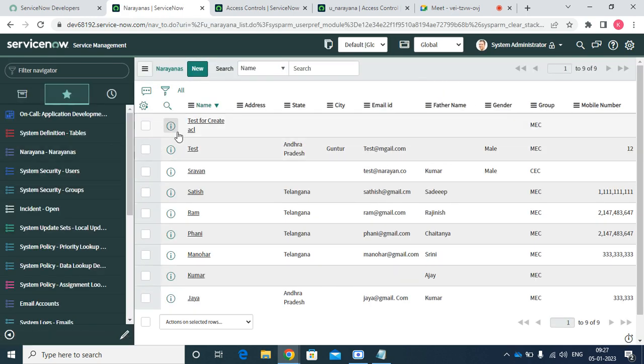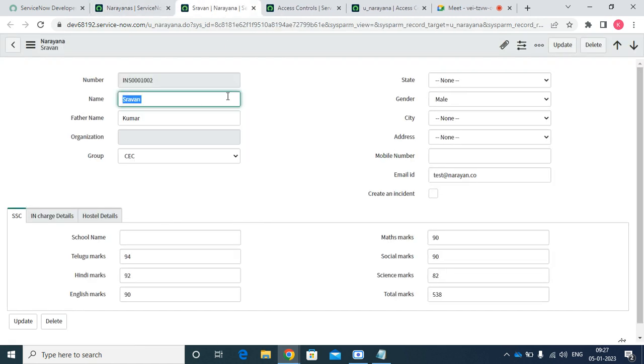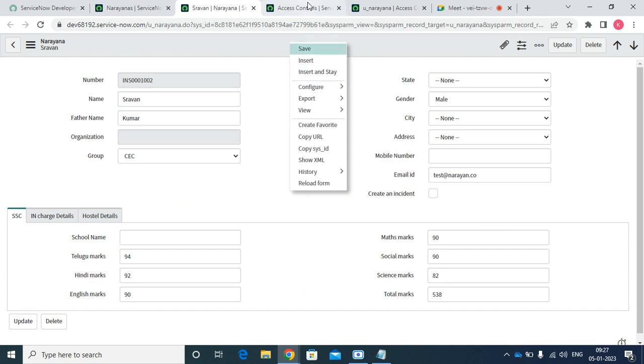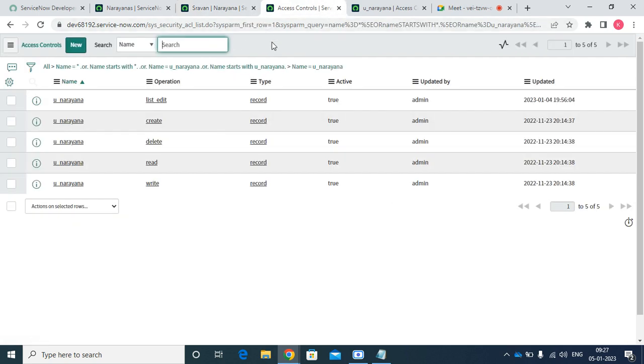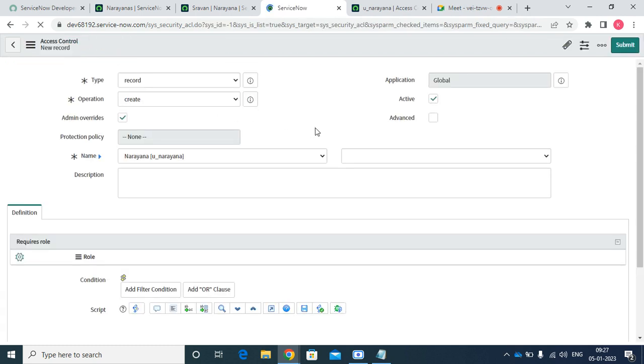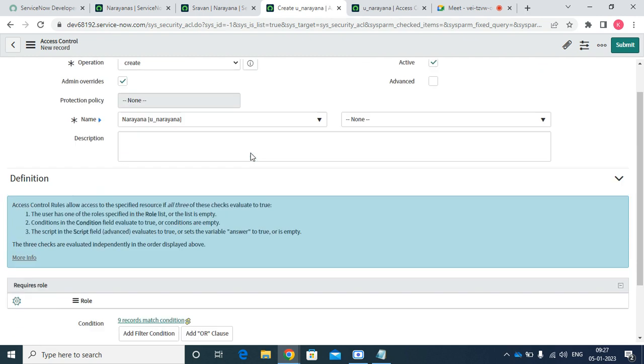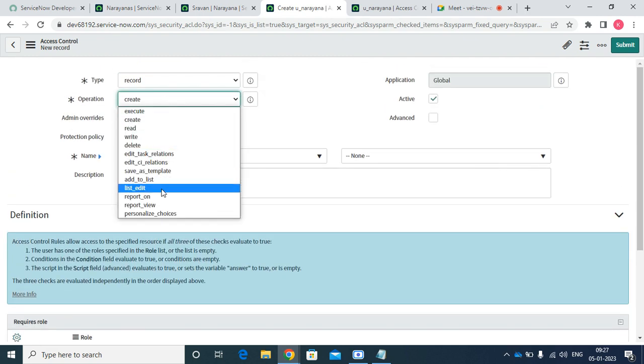This one we can create multiple things. So if I open this one, so I think we have it here, right? So next step, if you want to restrict that, for reports also, we have an ACL called report view. This report view can restrict the user from seeing the report, or if we want the user to, for example, I'm just showing,